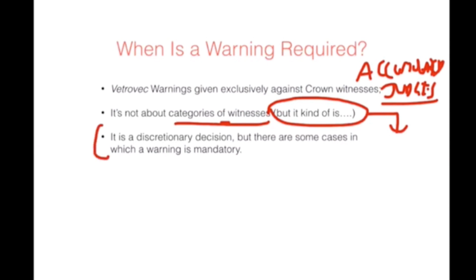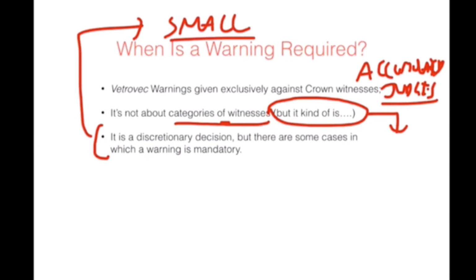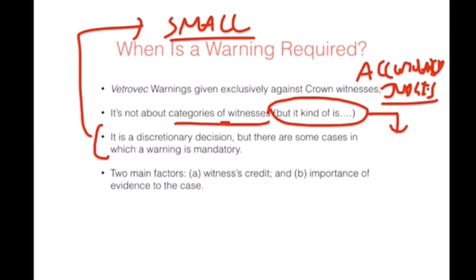However, the courts of appeal have reserved the power for that small category of cases in which a warning is mandatory. And in a subsequent supplemental capsule, I'm going to talk about jailhouse informants, which are a particularly troublesome category of witness in which a warning is almost inevitable. You have to give just about a warning in those cases because of the risks posed by that sort of evidence. So it's a highly discretionary decision, but in some cases the courts will intervene and say, no, a warning is mandatory.